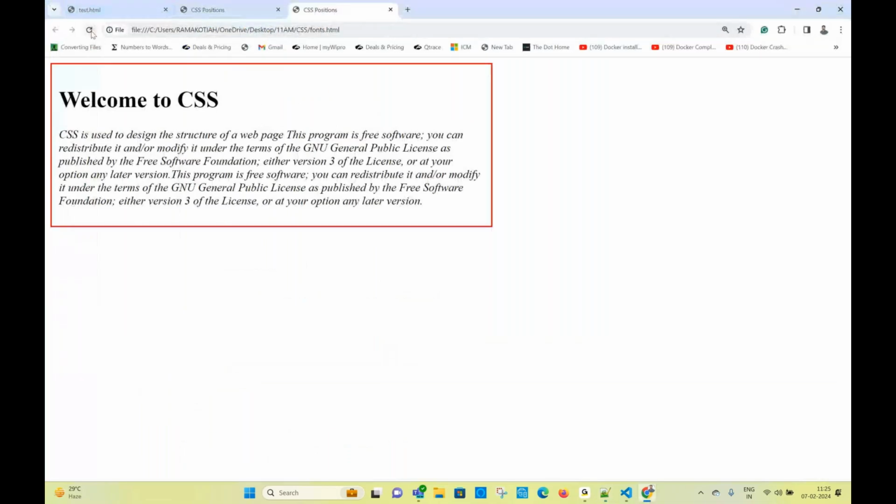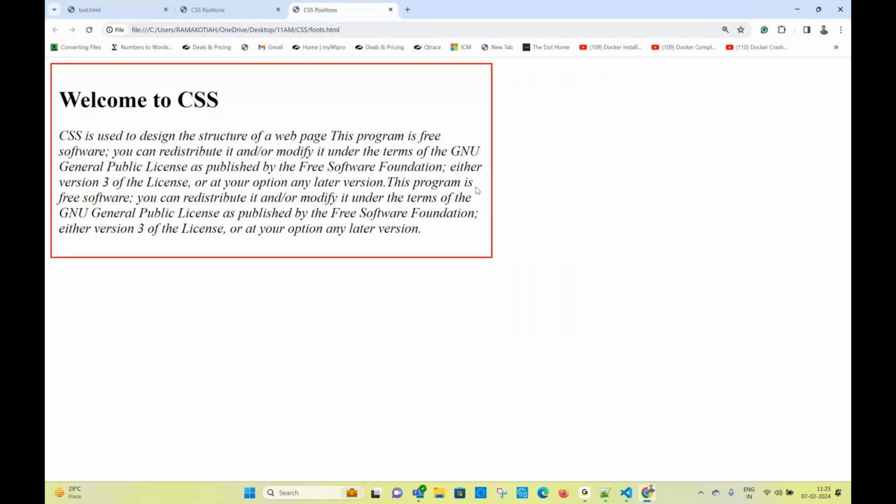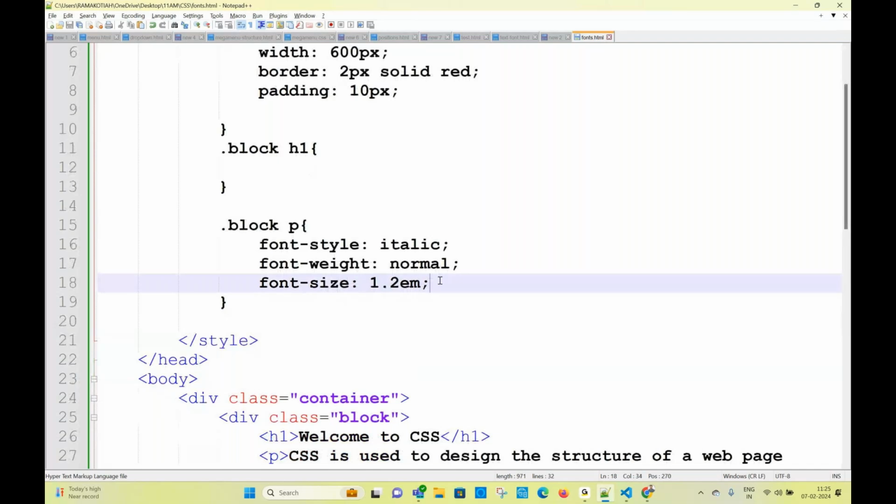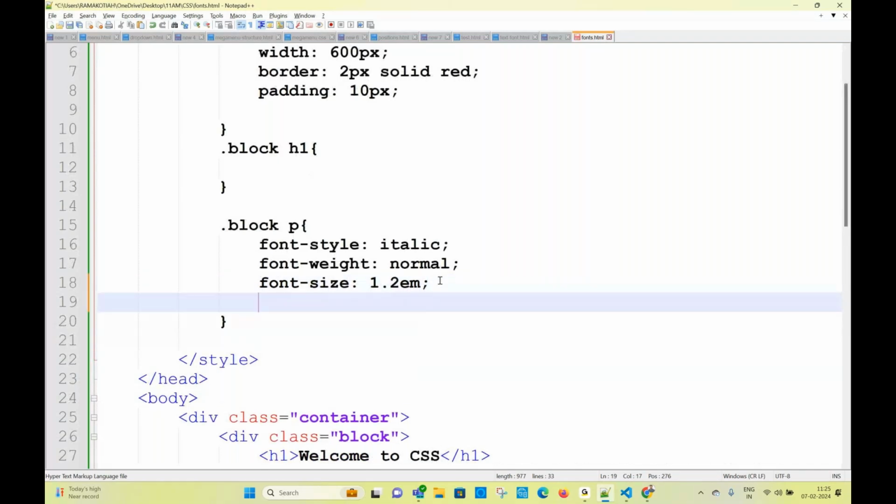Font sizes we can measure like this only. For height and width, we can use pixels, percentages, centimeters and EM also. But pixels and EM are better used for text only. This is going to be block P or something. So this is the font style, font weight, font size,